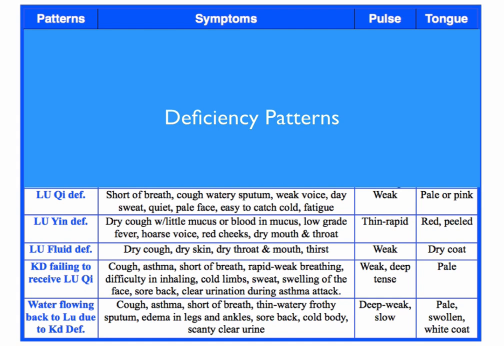So we have a lot of thin, watery, frothy fluid in the lung. We can actually hear the splashing, kind of like the phlegm fluid in the lung we had earlier, but this has been going on for so long that it's depleting both the lung and kidney. So a person can't breathe very well. They also have edema of the legs and ankles. That's a kidney yang deficiency that's happening already. Sore back, that's a kidney deficiency. Cold body, that's a kidney yang deficiency. And scanty clear urine. Again, this is the water metabolism not happening because there's not enough fire in the kidney to be able to do so.